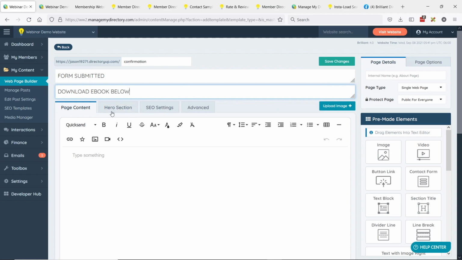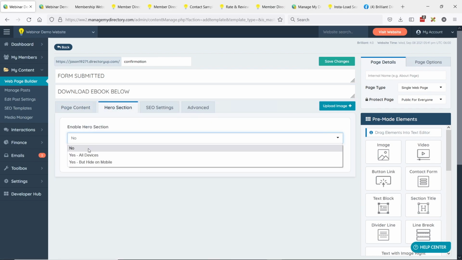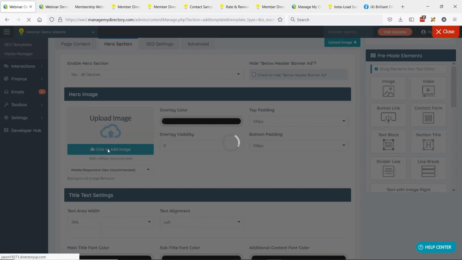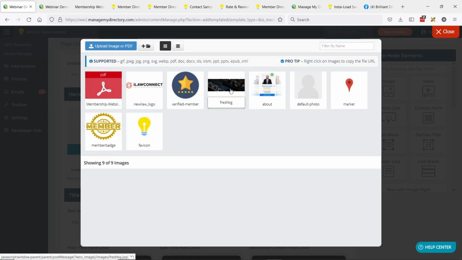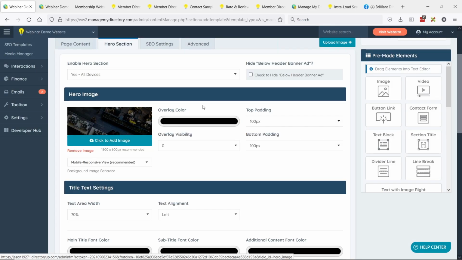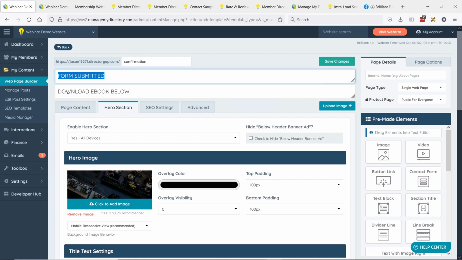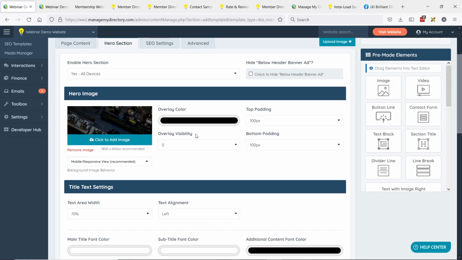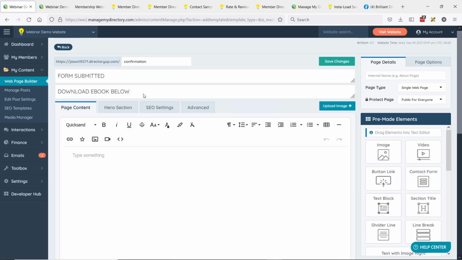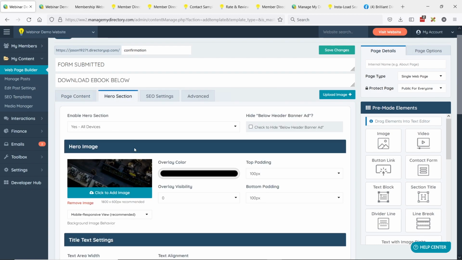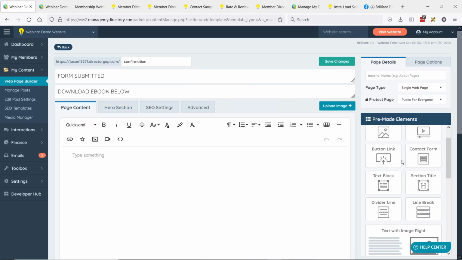And just for fun, we'll give it a hero section. And we'll use a background image. And what we'll do is the font we'll make white. So this is the title text font. This is the title text. This will be the image. And then for the page content, that's all we'll do for the hero section. For the page content, I'll